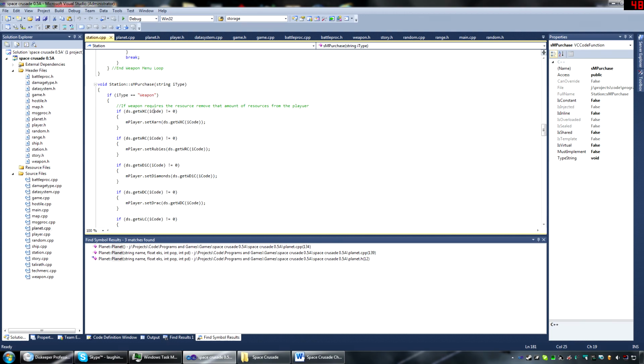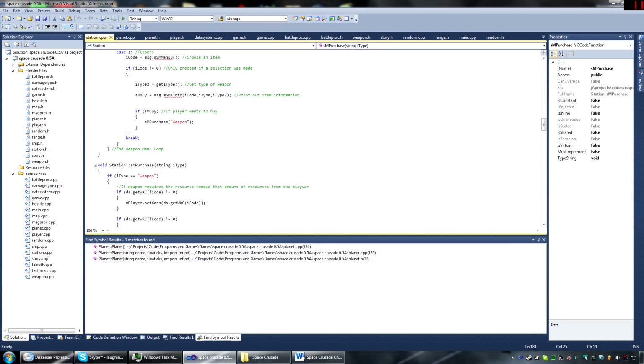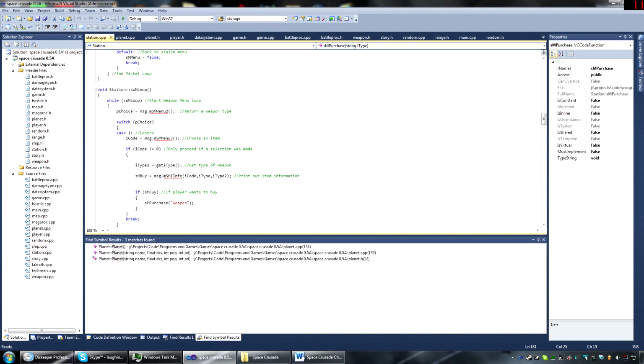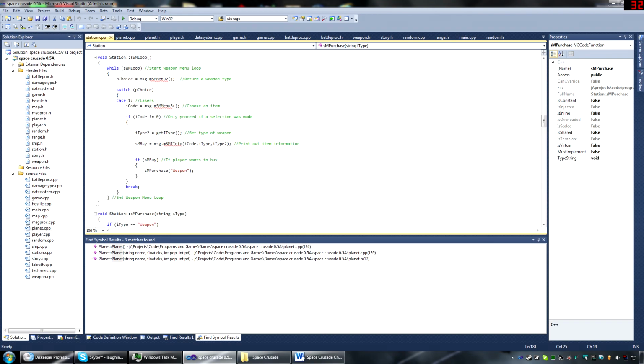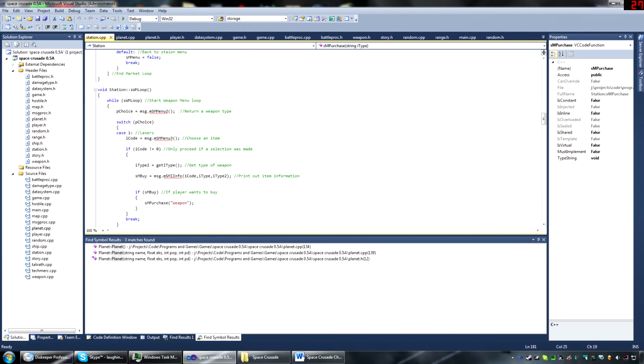And if that value is not equal to 0, it will subtract that value from the player's resources. And I'm not checking if the player has enough resources, because if you remember, or if I didn't mention it, I'll mention it now. In the